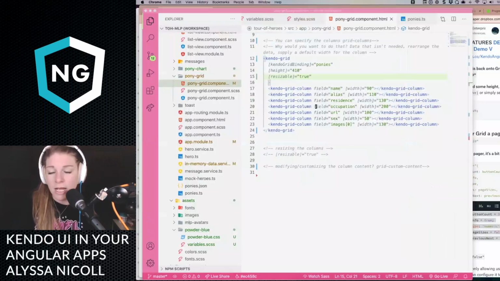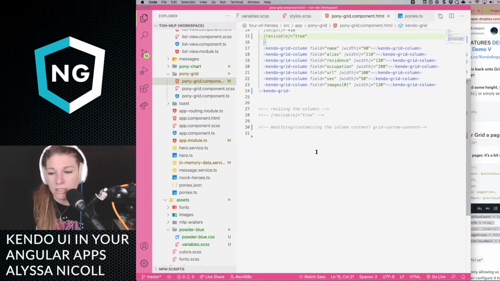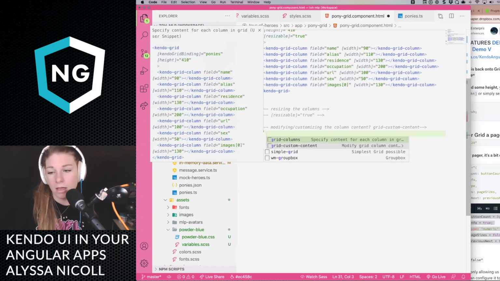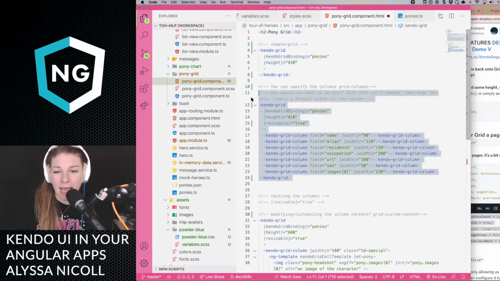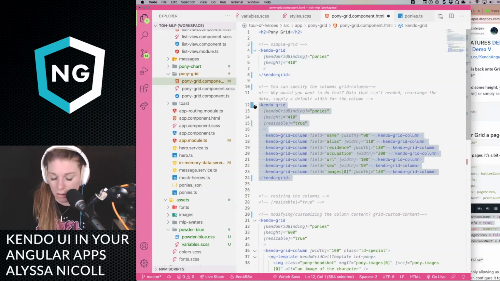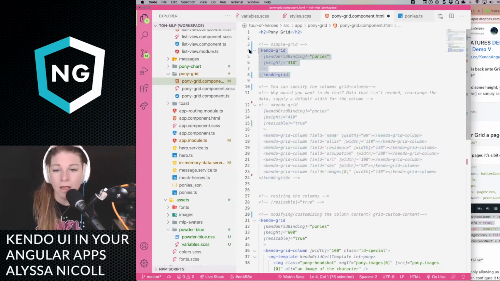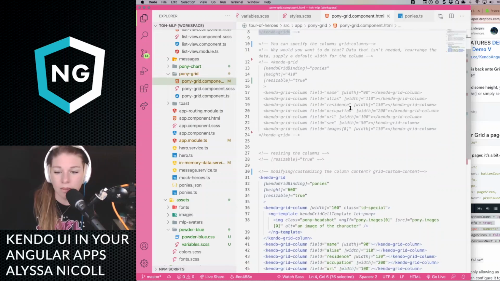So the next thing I wanted to show was modifying the grid content. So we use ng-template very often in our components in order to get something custom. So if we pull up this demo, I'm going to comment out these two, but when I push up at the end of the evening, they will be there with the notes.